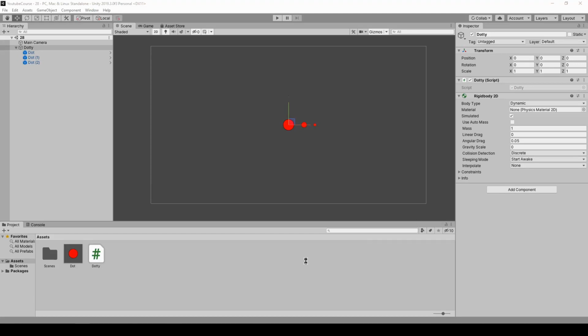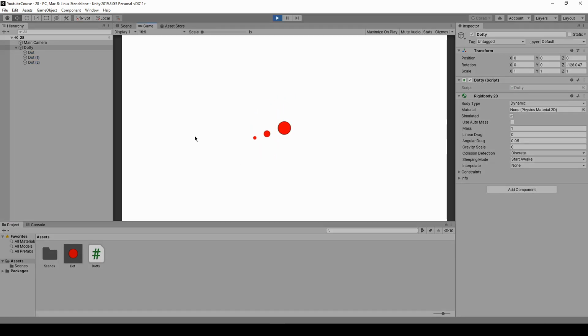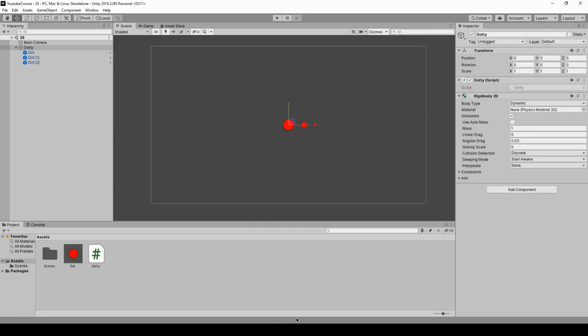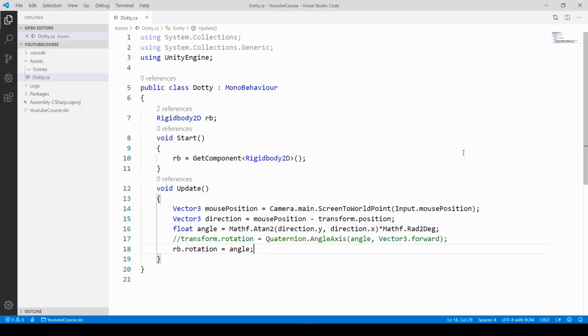Hello, today we are going to learn how to rotate an object to face the mouse position. So let's play it to see what we are going to make. Whenever we move the mouse, we'll get this object to face it. If you don't want to wait and see how it's being done, I will just show you how the